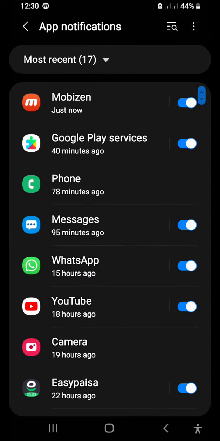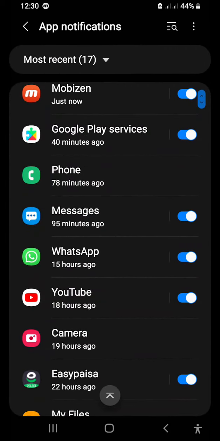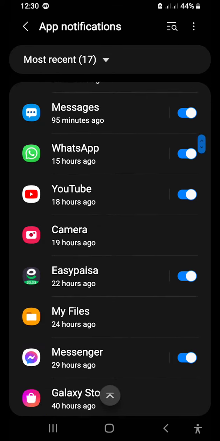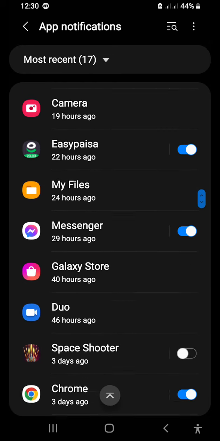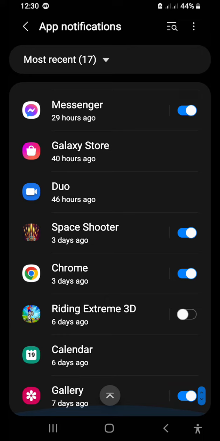Now these are the apps that frequently send me notifications, but these apps are important for me and the notifications are important for me. For example, you don't need to turn off notifications for Messages, WhatsApp, Google Play services. These all are important for me, but there are some applications that I might not like, for example